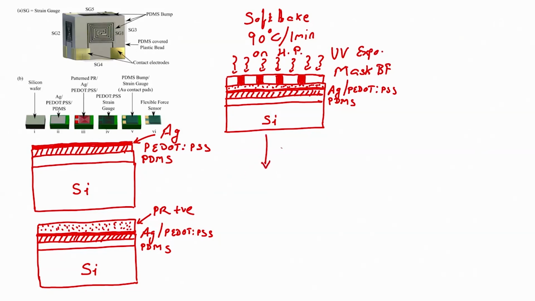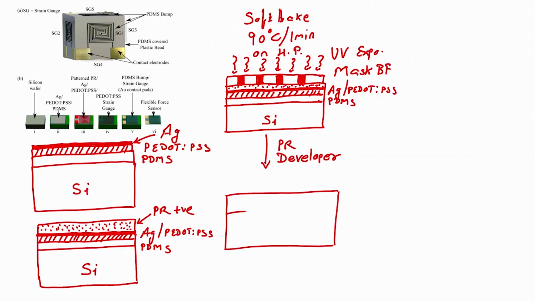Next step would be photoresist developer, right. You have to dip the wafer in photoresist developer. So, when you dip the wafer in photoresist developer, what do you get? You have PDMS, then you have PEDOT:PSS, right, on which you have